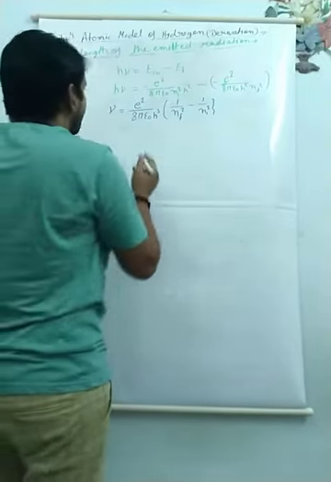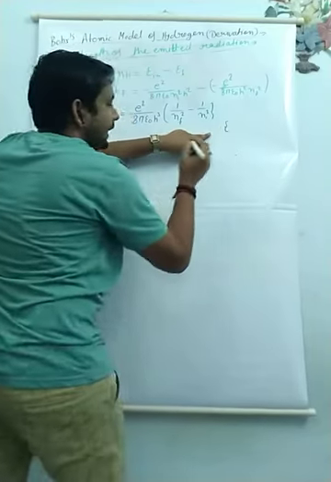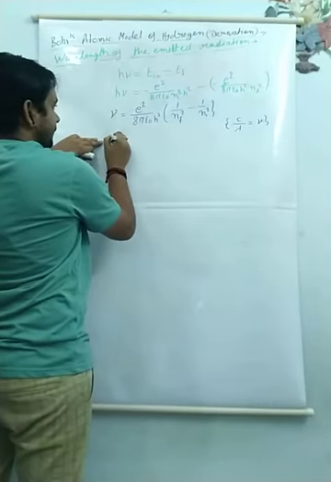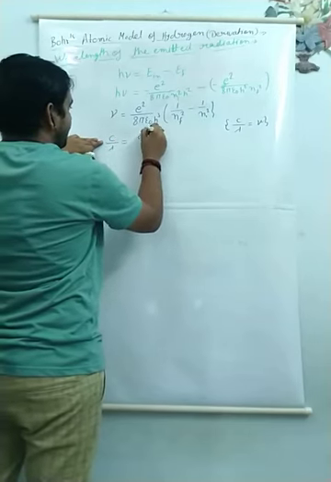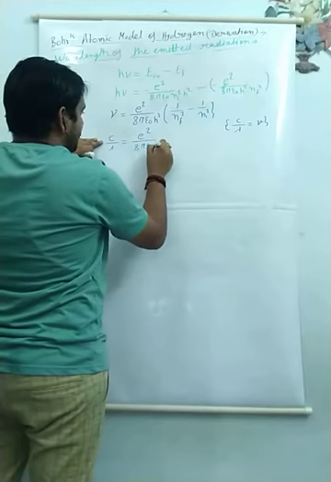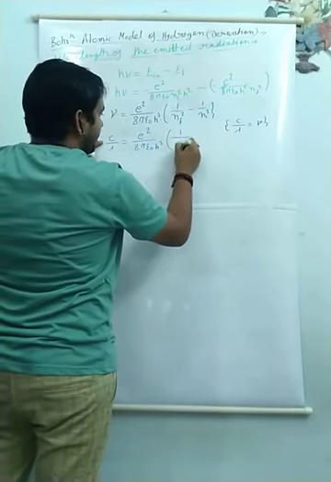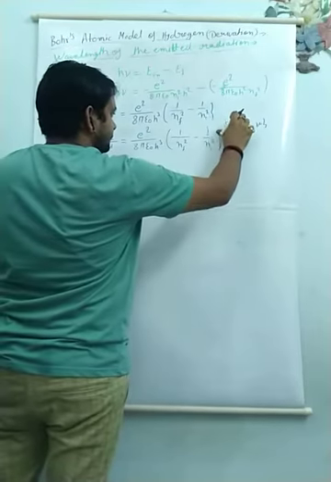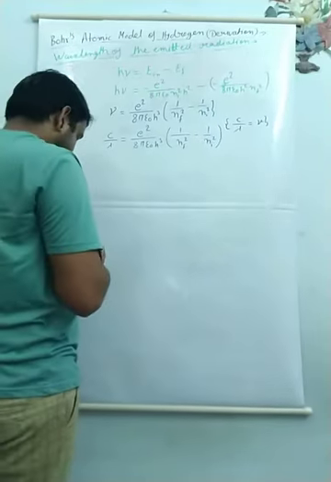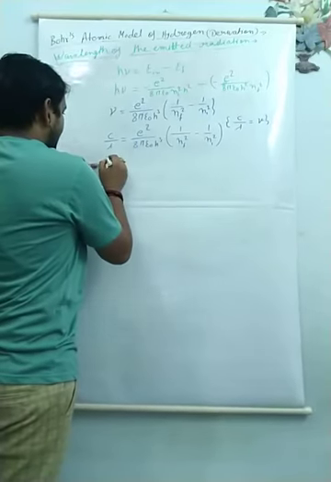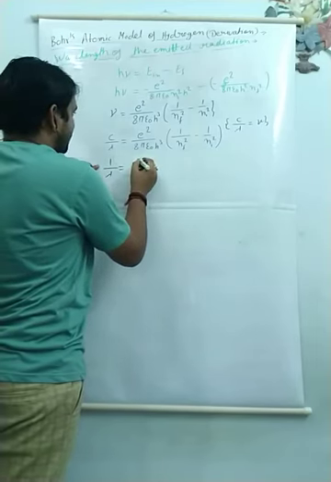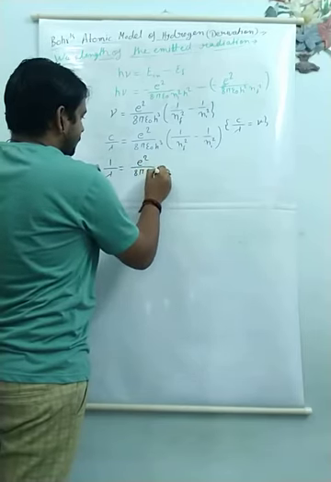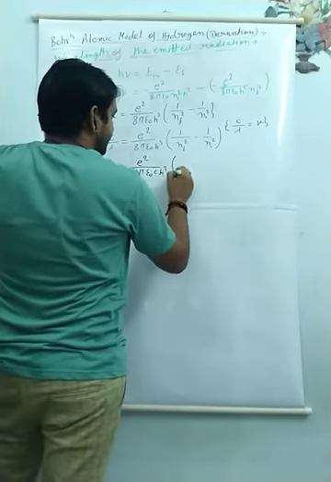Now nu is frequency, so we get c upon lambda in place of nu. By putting this, we get c upon lambda is equal to e square upon 8 pi epsilon naught h cube, upon 1 upon nf square minus 1 upon ni square. Okay, now this c multiplied here, we get 1 upon lambda is equal to e square upon 8 pi epsilon naught c h cube, into 1 upon